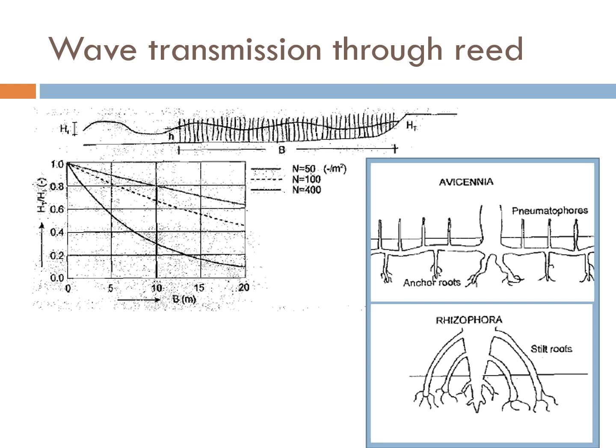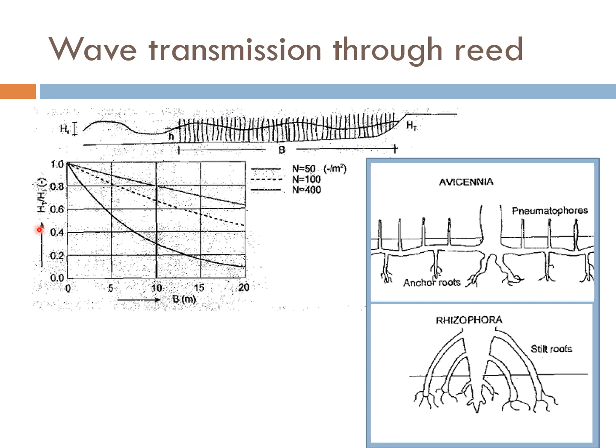In this case, what we are looking at here is a study which looks at the effect of this reed or bakau or mangrove type of growth in the coastal region, and how this reed is able to reduce